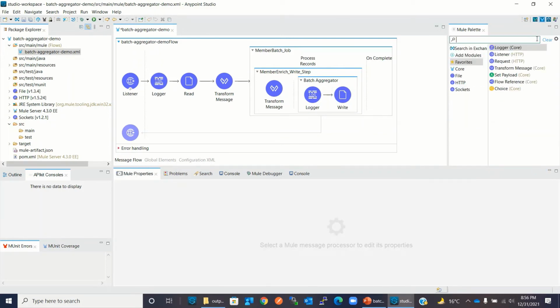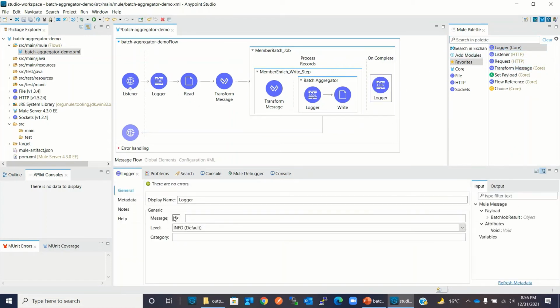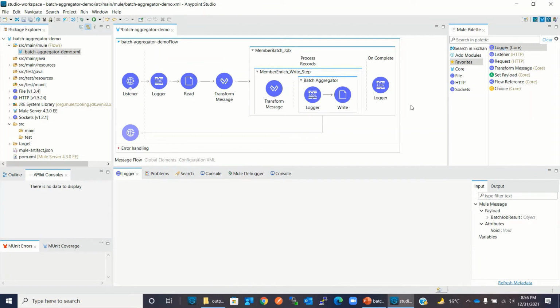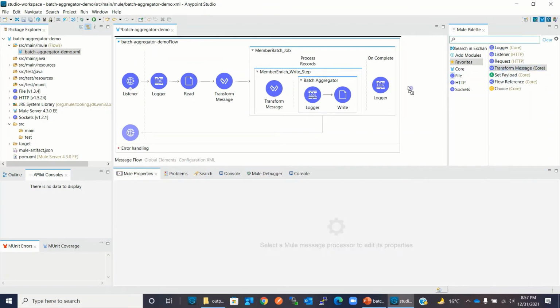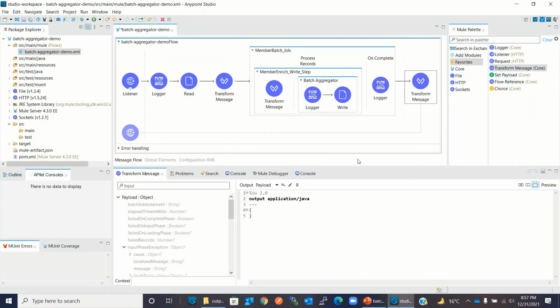Now I need to print summary of the batch job. So I need a logger component. Here I will say payload. And at the end, I need one transform message. And here I will say output as a JSON.